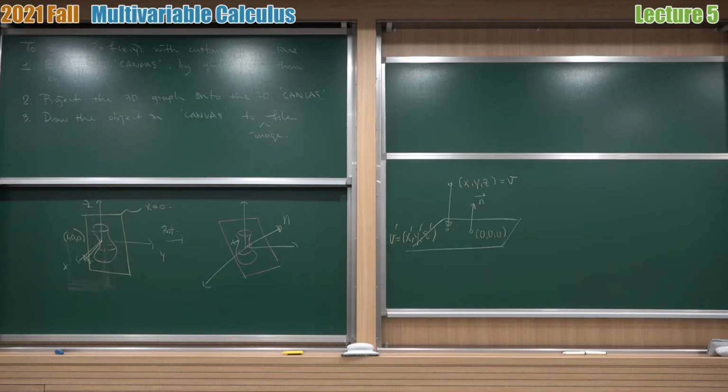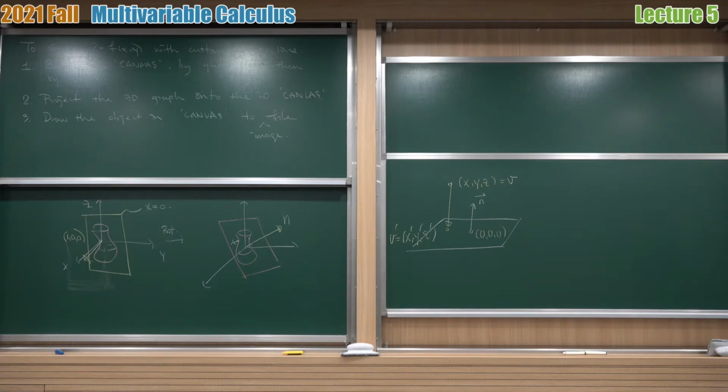v vector is the minus n vector. So use this, so we can estimate the v vector. So we know the coordinates of the v vector, and we want to find the coordinates of the v prime vector. And